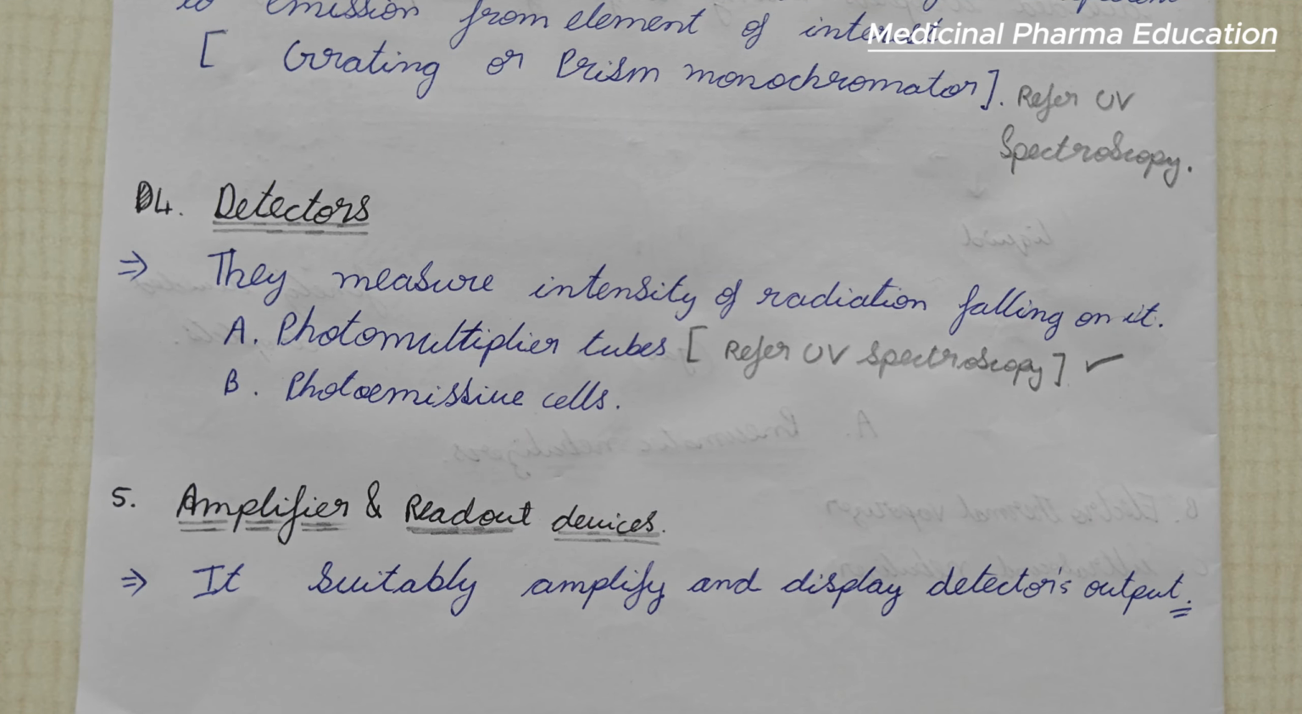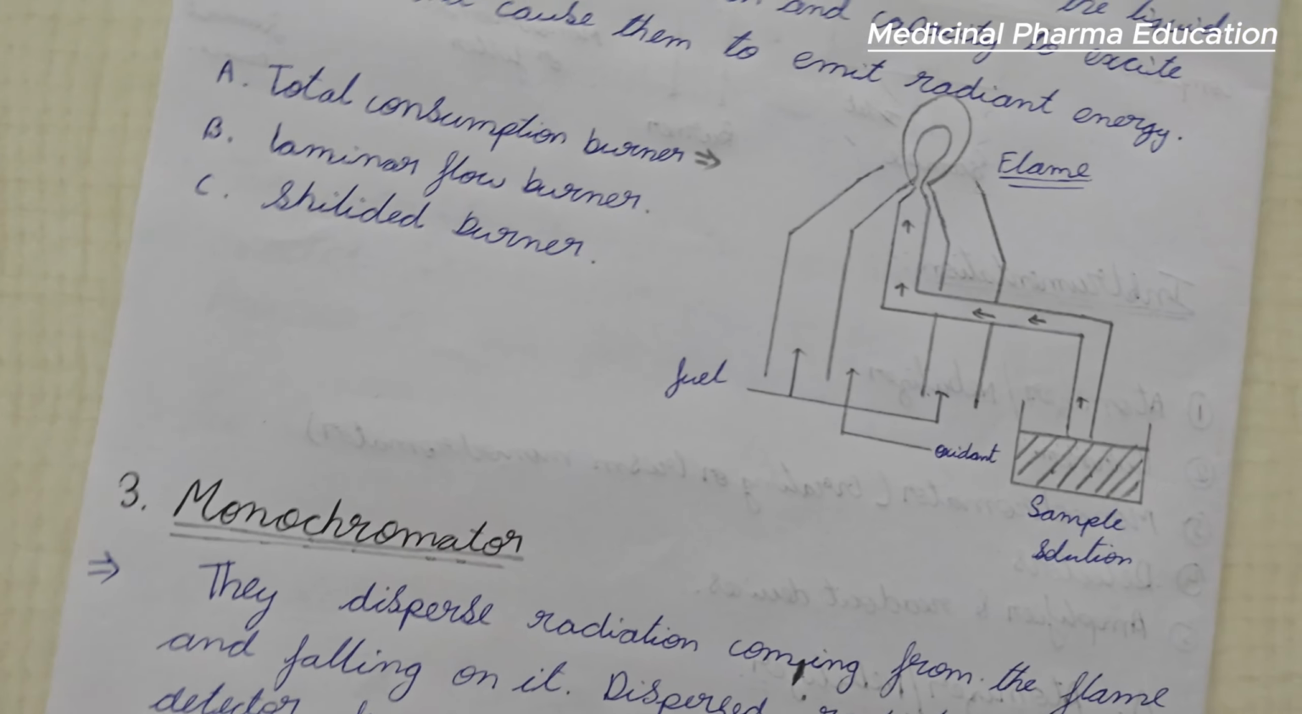Next, the amplifier and readout devices. They suitably amplify and display the detector output. What is the main meaning of amplifier? It amplifies, meaning it increases the signal from the detector. If the signal from the detector is very low, it increases the signal efficiency and sends it to the readout devices or the computer, where the computer tells the tester the values of the sample given by the detector. This is the main instrumentation and the